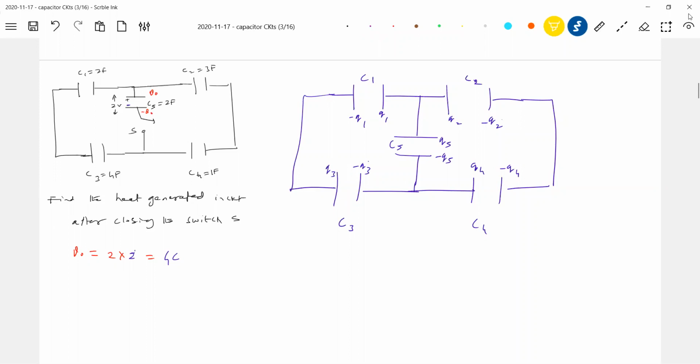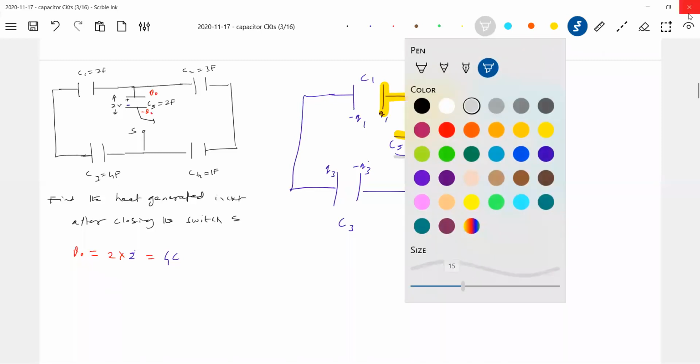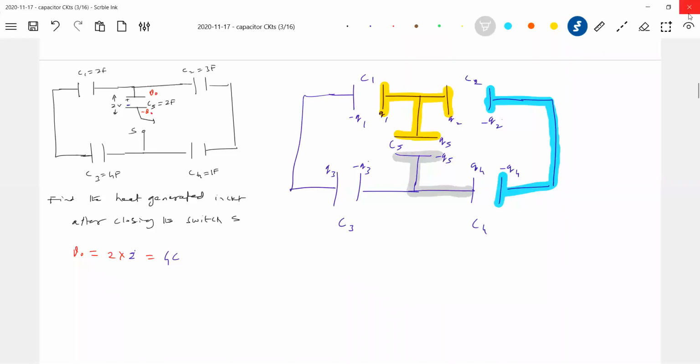Now, charge of which plates? Charge of these plates should be conserved. You have, I think, many things, not only this. And similarly, charge of this plate. So you can even go for charge of these two plates should be conserved. Similarly, charge of these three plates should be conserved. And you can also